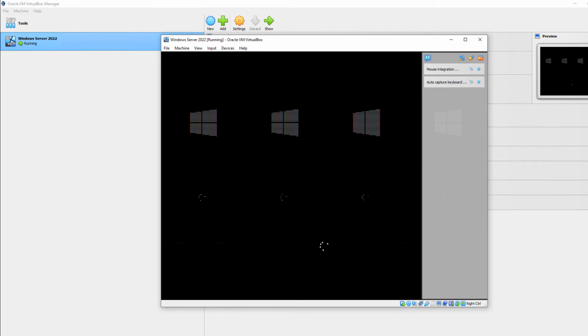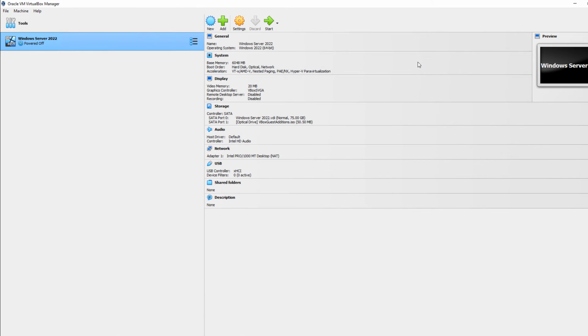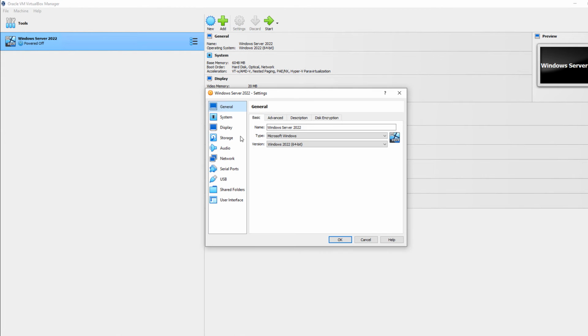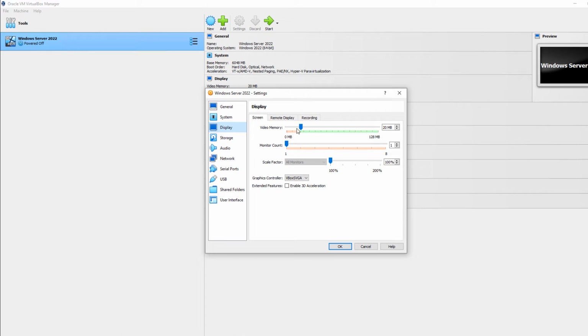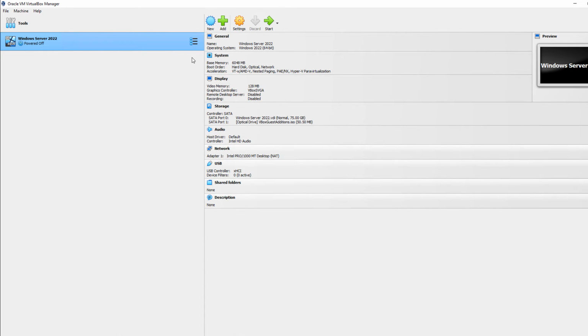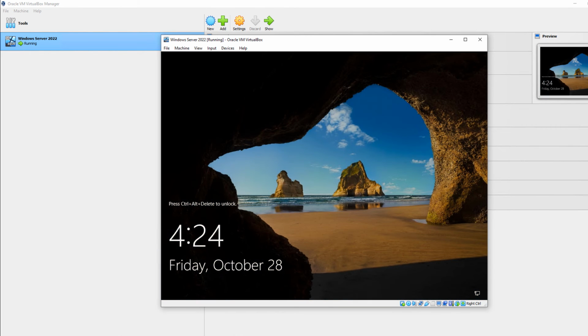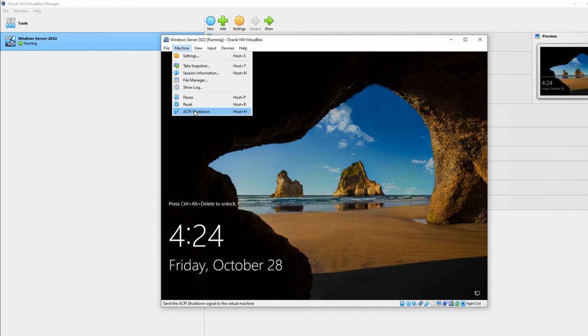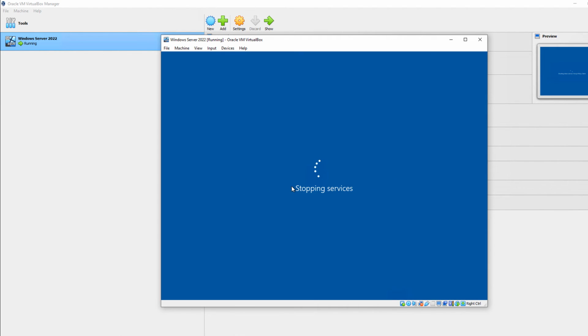So I'll go ahead and shut it down, and I'll go back to my settings, go to display, change this back to the way it was, and then it should boot just fine after that. And now it's booted up normally. Make sure you keep your video RAM all the way up to the top, and you also have the option